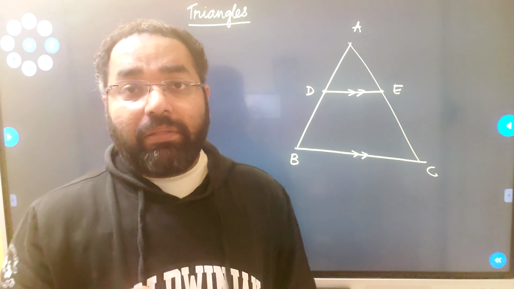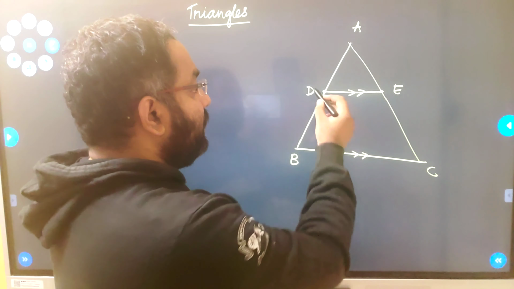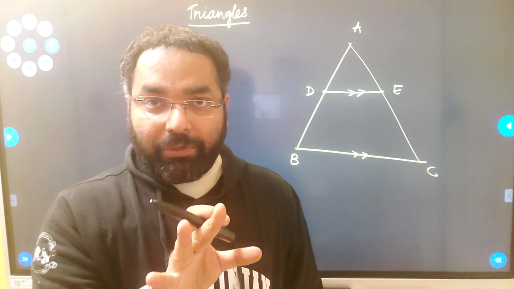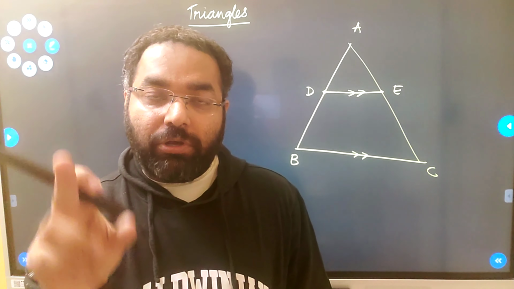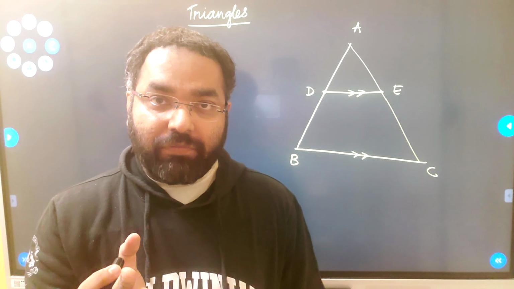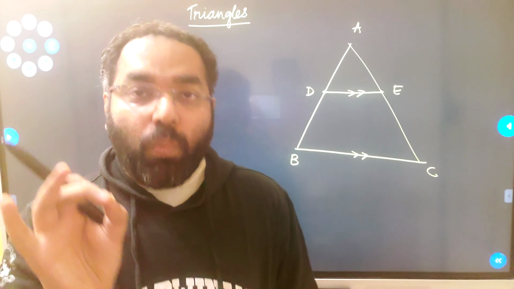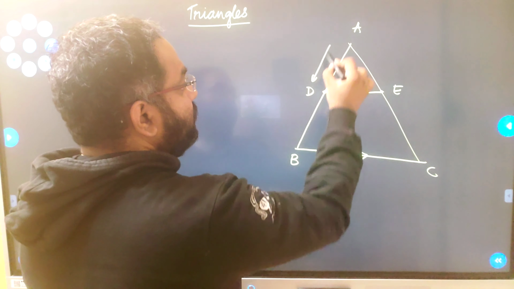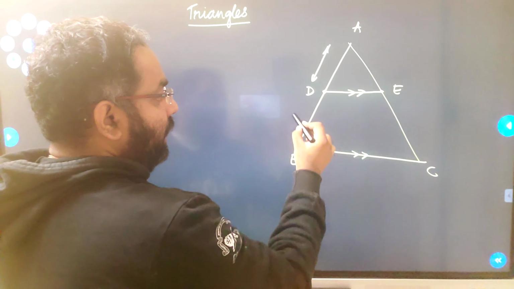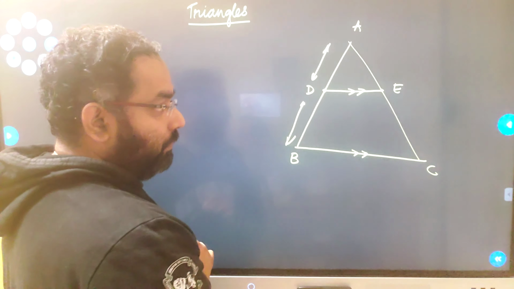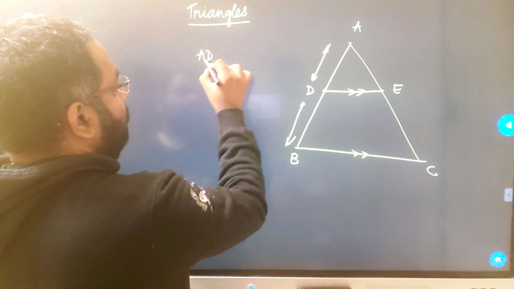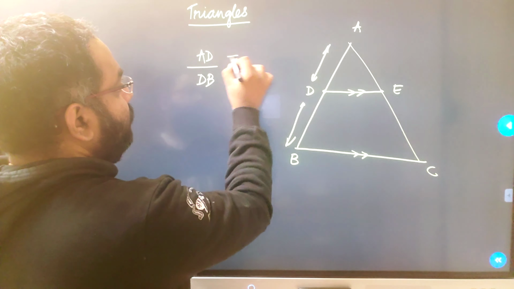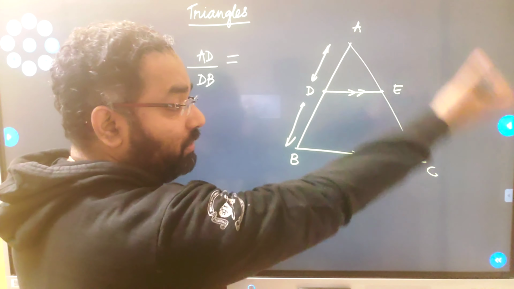There is absolutely no rule that D has to be the midpoint of AB and all that. D and E can be any random points. But as long as, when you join DE, it becomes parallel to the base of the triangle, your job is done. Once you do this, then according to BPT, if you measure the top part AD, and divide it by the length of the bottom part, it automatically becomes equal to, follow the same pattern,